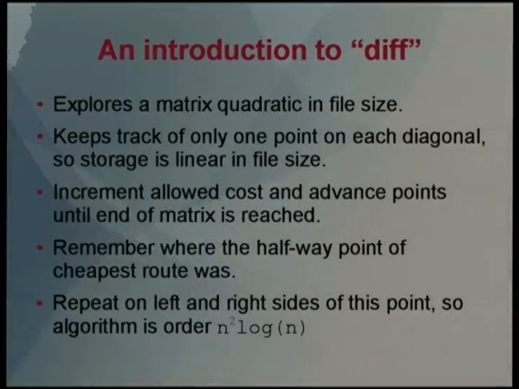You don't actually store the entire array, but you've got to conceptually explore that. And so we'll see there are diagonals, and you only keep 1 point on each diagonal at a time. And so when we get to the end, we don't actually remember the exact path we went through, the optimal path. We'll just remember the halfway point of the optimal path. So as we go through, we measure the halfway point of each path, which is only a log n, order n amount of data you need to store.